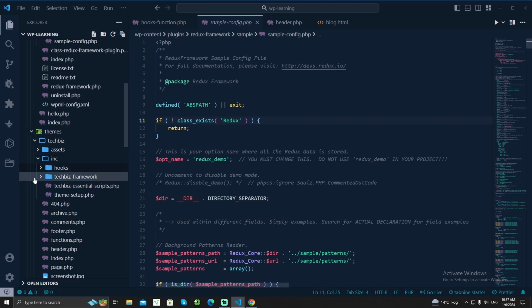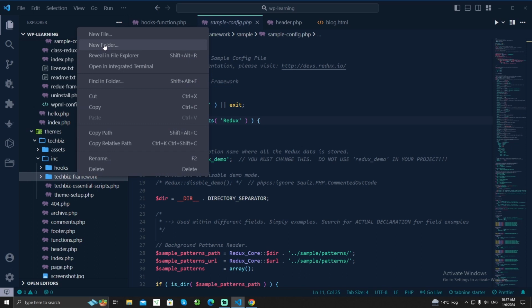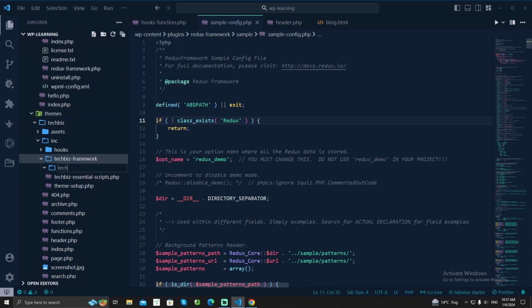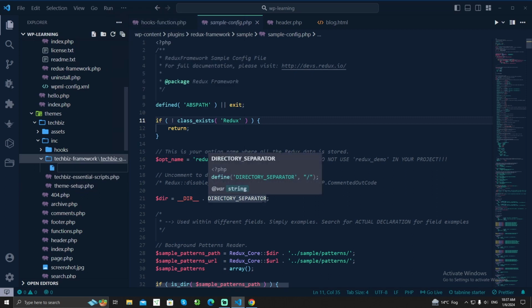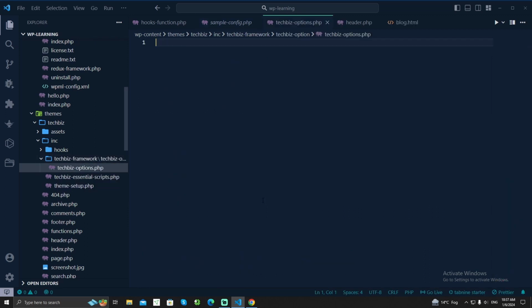TechBiz framework, and inside TechBiz framework we will need more plugins to install to customize. So we'll make a folder called TechBiz options, and inside that TechBiz options we will create a file called TechBiz-options.php. So we have created our folder and file here inside TechBiz framework, then TechBiz options,